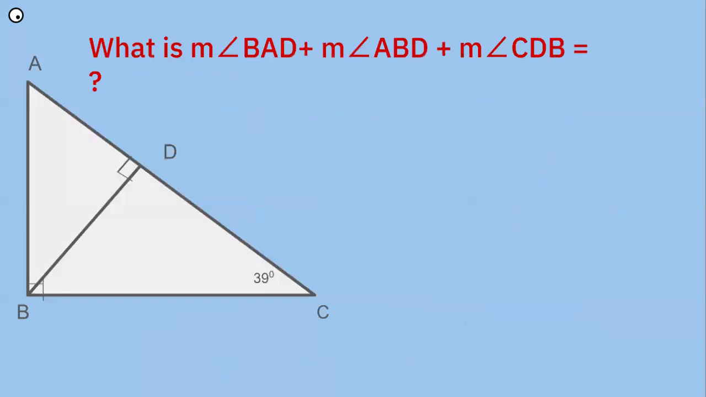What is the measure of angle BAD plus the measure of angle ABD plus the measure of angle CDB in the triangle below? So this touches on one of my favorite facts: if you have a right triangle and you divide it by drawing a line from the right angle crossing to the hypotenuse and making a right angle there, all three triangles are similar to each other. So ABC, the big one, is similar to,